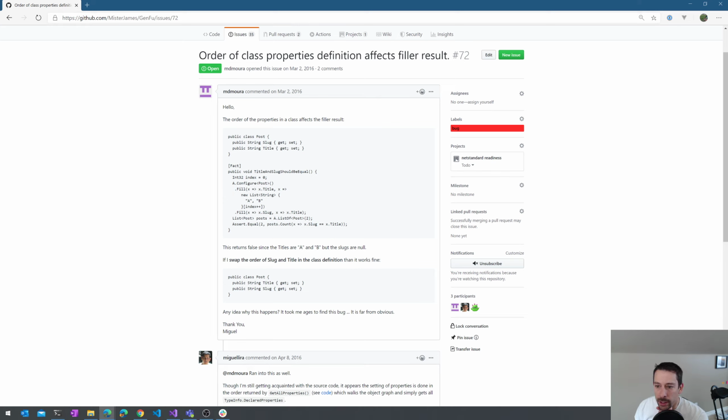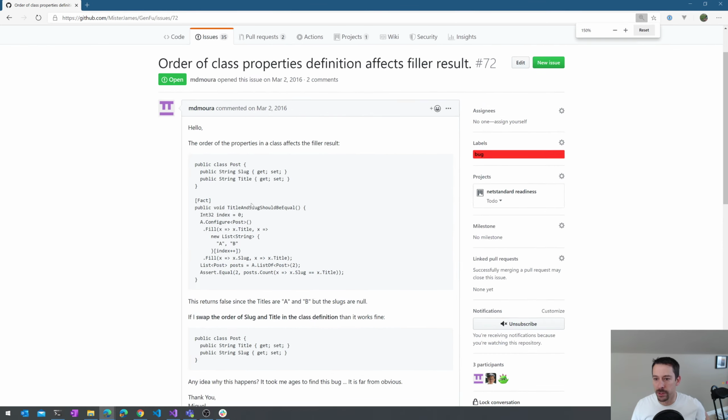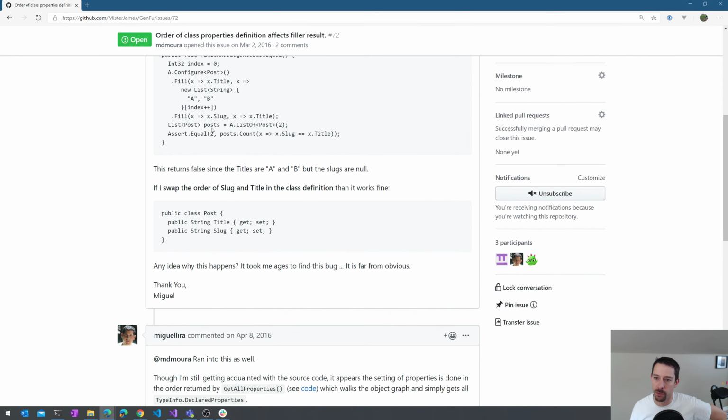Oh yeah, that is an issue. It's probably a little bit hard to see. Let me zoom in. This one I don't have a solution for, unfortunately, but if you configure a title, for example, to be